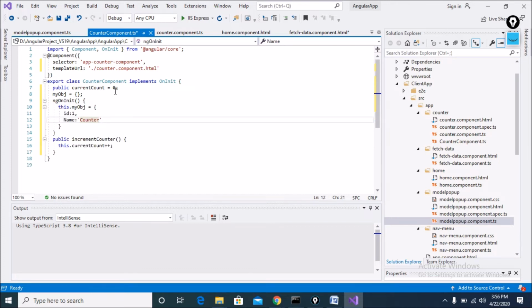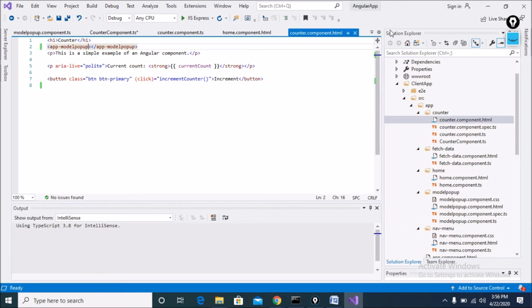And here you can see this is the counter component. In this counter component, declare an object, myObject, like that. And after that, inside ngOnInit, I set the value of myObject: id is equal to 1 and name counter, like that. And after that, copy myObject.